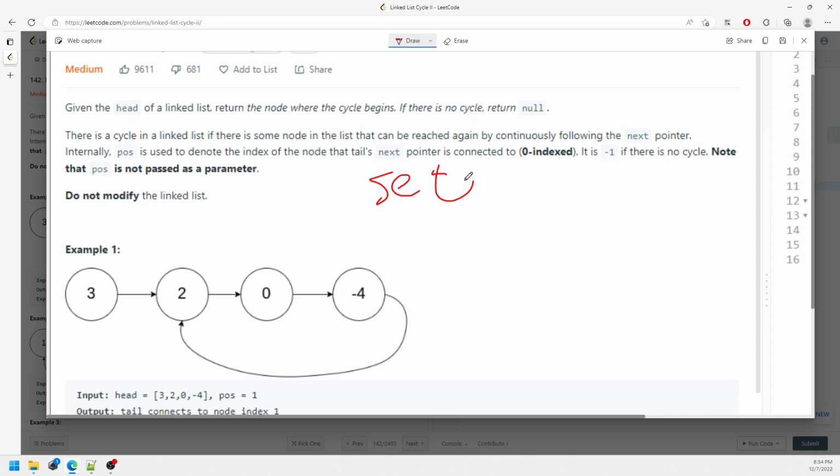So this is a set, and I only have one pointer in my case. I will add 3 into the set. Now 3 is not in the set, so I add it. Now I move my pointer to the next. So now I add 2 in here. 2 was not in the set, so I add it. Now I need to check, is 0 in the set? No, then I add it. Now I need to check, is -4 in the set? No, so I add it and then move. Now is 2 in the set? Oh, 2 is in the set, then I can actually